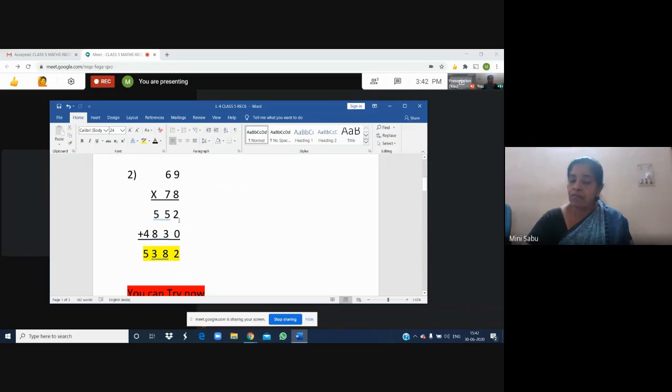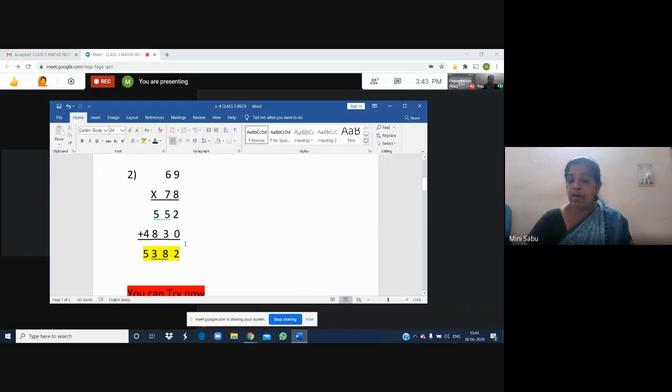Okay, children. First step is over. Now we are entering the second step. We are starting multiplication by the tens place digit 7. So we'll put a 0 here. Many children forget to put this 0. Okay, so remember. Then 7 9s are 63. 3 is here. Carryover is 6. And 7 6s are 42. 42 plus 6 is 48. So second step is also over.